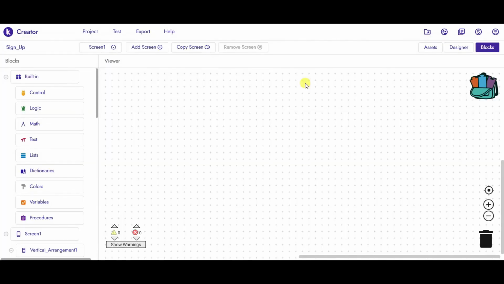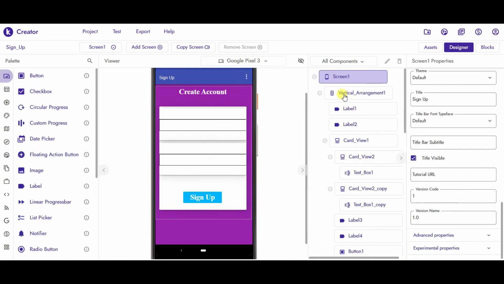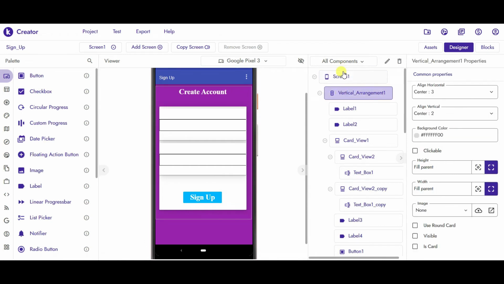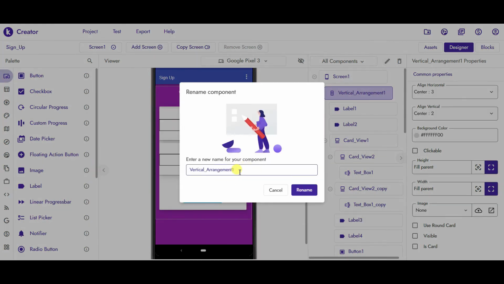After setting up Firebase, just come back to Kodular again, and first of all we are going to rename a few components which we have added. The vertical arrangement just below Screen1, just rename that vertical arrangement to login screen.